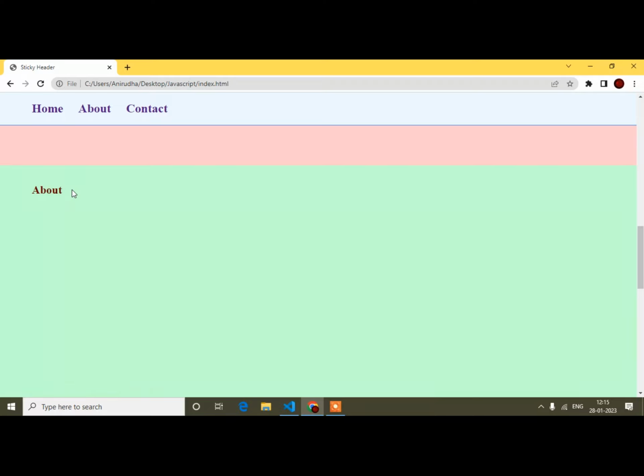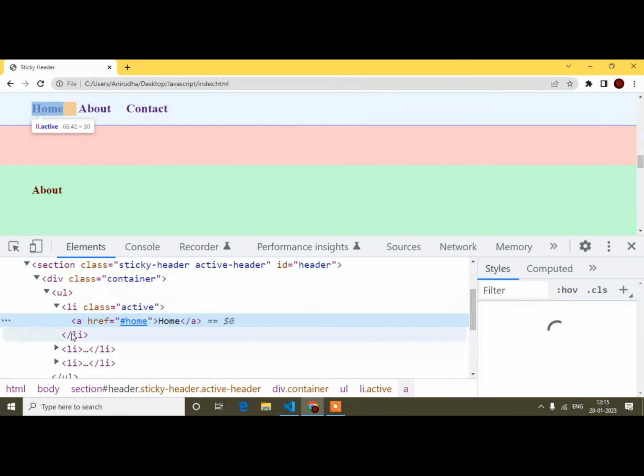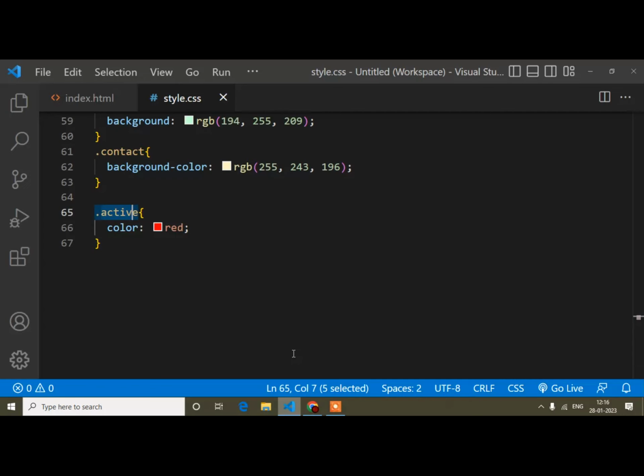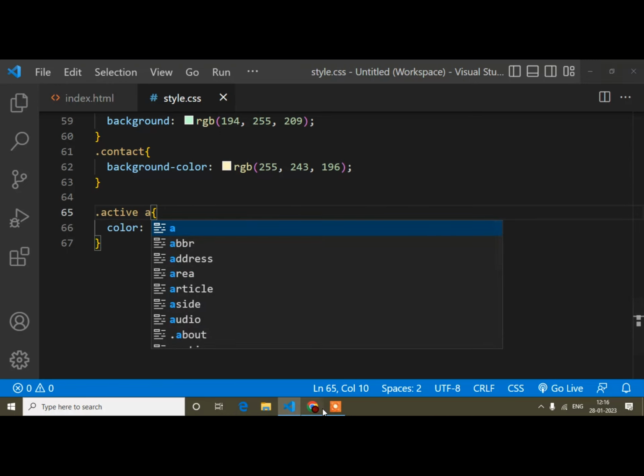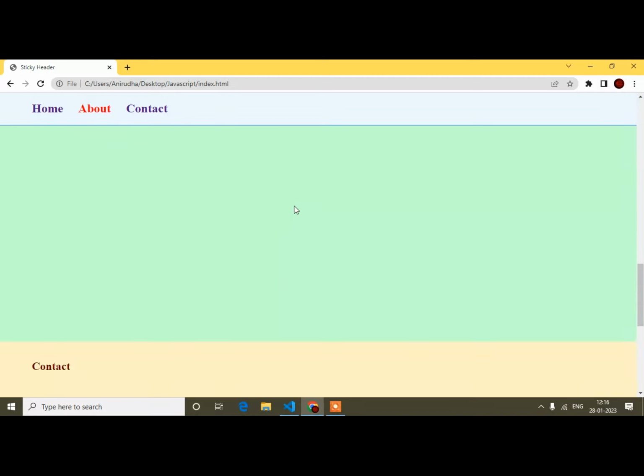If I inspect, you can notice this active class is appended here, and this color is coming in the li tag. But guys, here I have to add the color in the anchor tag, right? Then it will come. So that's why I have to change it to the a tag here. So you will find the color changes again. You can see the color changes.